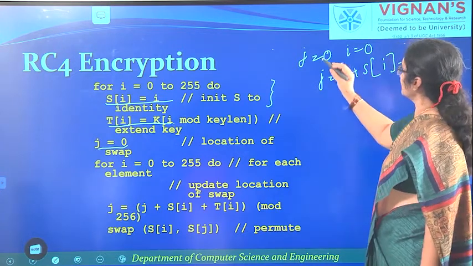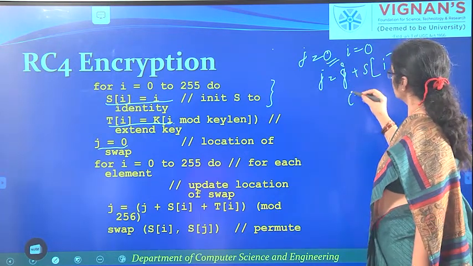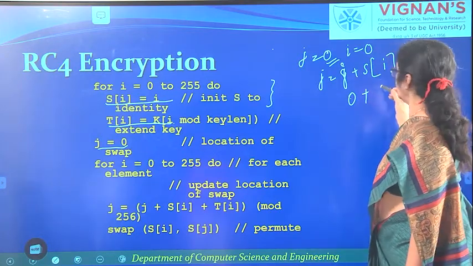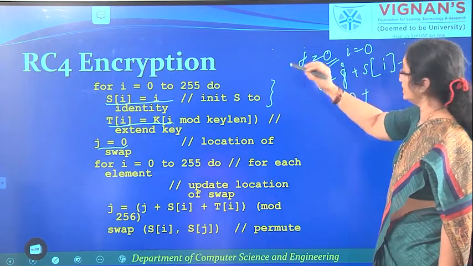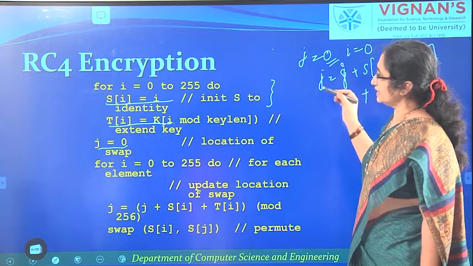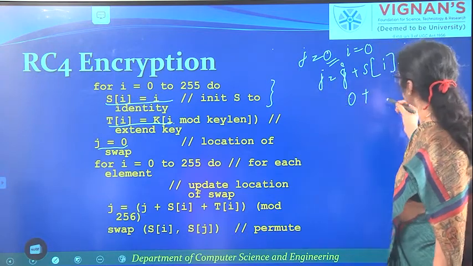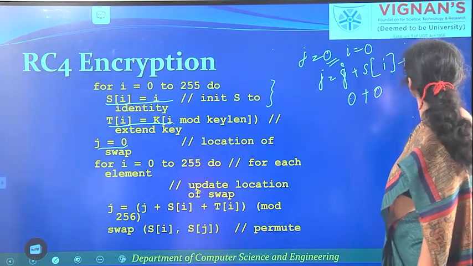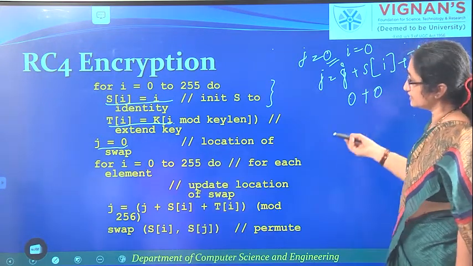What is the value of j? j is 0. What is there in S of 0? Initially S of 0 has 0, S of 1 has 1, S of 2 has 2 and so on. So, S of 0 has 0. And what does T of 0 have?